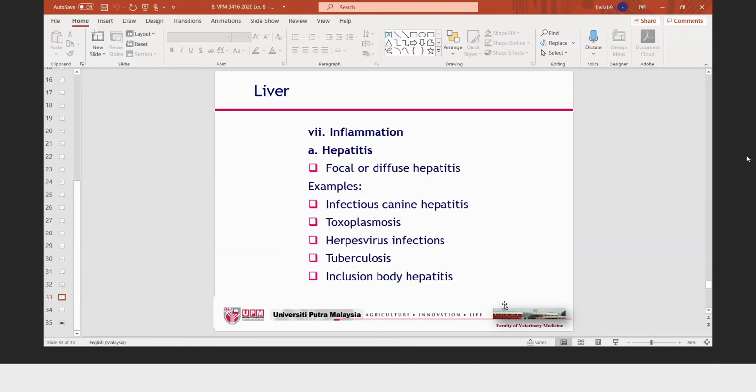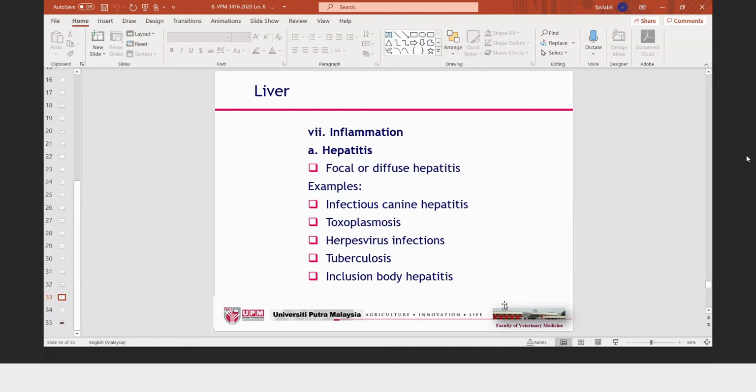Then the inflammation of the liver, we call it hepatitis. And this hepatitis, I mentioned here, can be focal or diffuse hepatitis. An example of an agent that can cause hepatitis is infectious canine hepatitis, caused by herpes virus. So in the liver, the herpes virus will multiply in the nucleus of the hepatocyte, and as a result there will be hepatic necrosis. Yeah? There might also be toxoplasmosis,